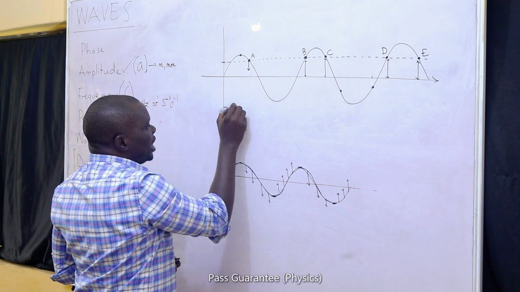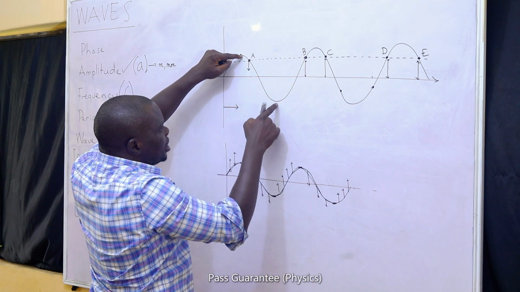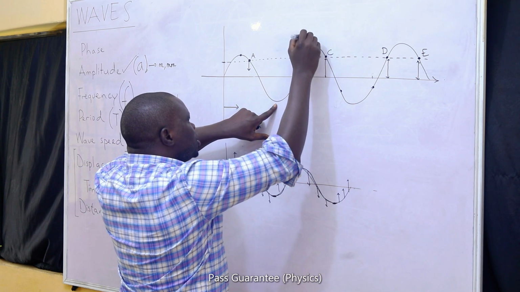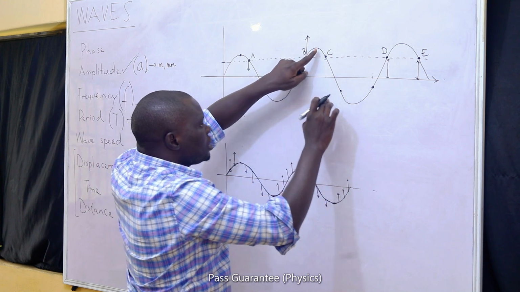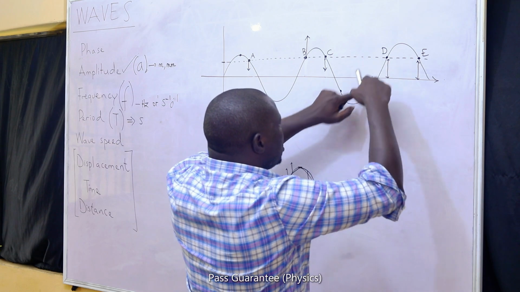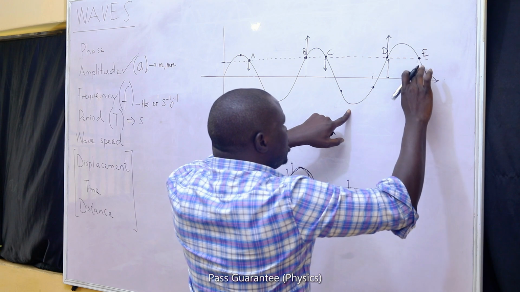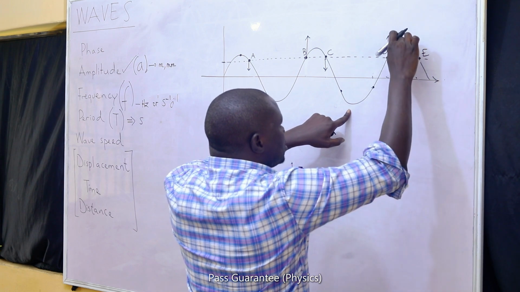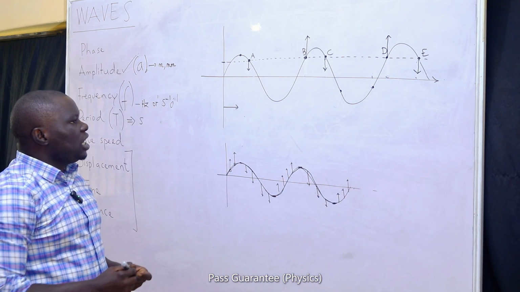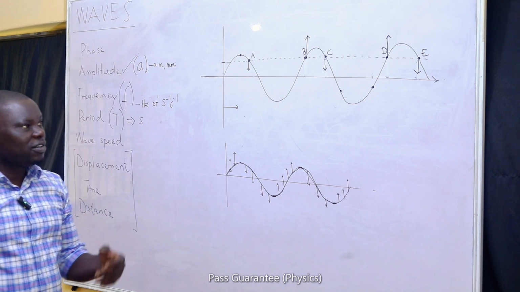If we leave from this end, all points here are upward, all the points here are downward, because it is a point between a crest and a trough. Now let's check B. As we move from here to here, we'll discover that the direction of B is upward. As we move from the crest to the trough, the direction of C is downward. As we move from the trough to the crest, the direction of D is upward. While as we move from this crest to the 0 point, the direction of E is downward. When we check very well, points A to E have different directions. Yes, they all have the same displacement, but they have different directions.